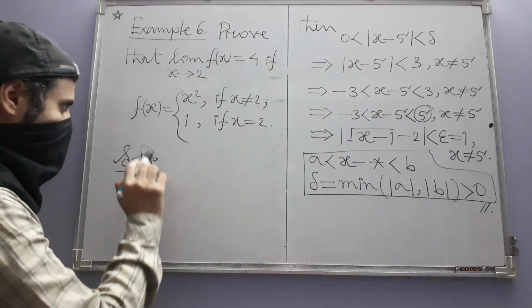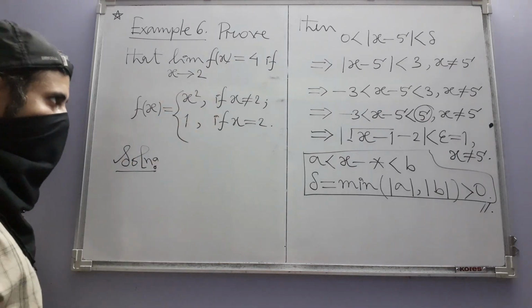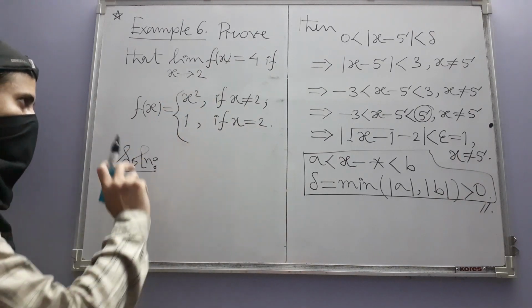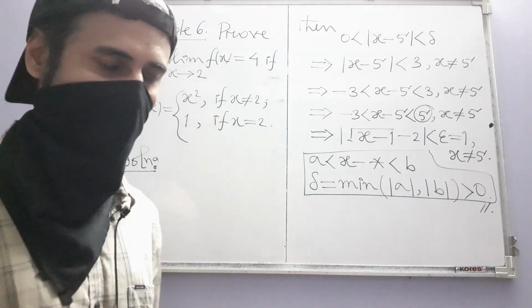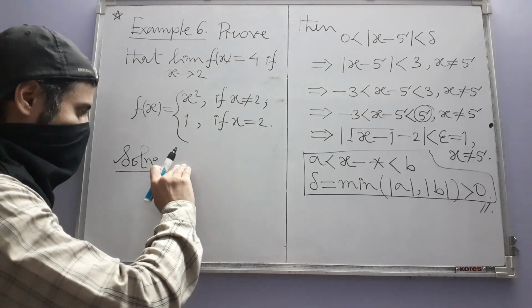Although this function is partly defined, I mean for 2 its value is 1 and elsewhere its value is the square of the input, but immediately